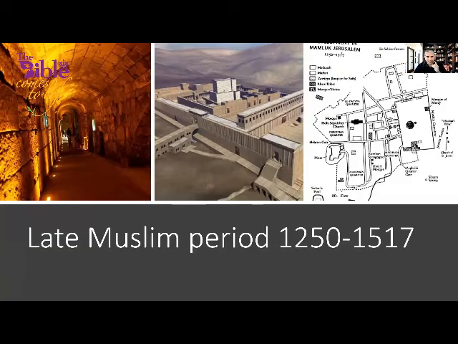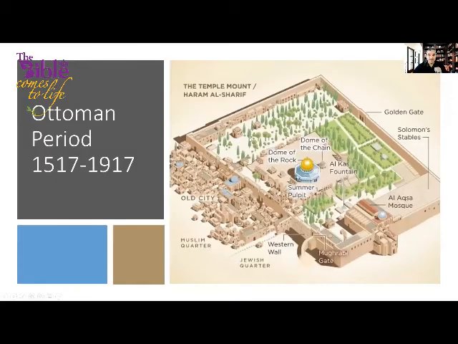Okay, let's look at this again. This was in the time of Jesus. There was a clear ravine between the city and the temple, and this is at the time of the Mamluks, which gave the look of the Muslim quarter today. A lot of the Muslim quarter is built on arches that basically covered the ravine.